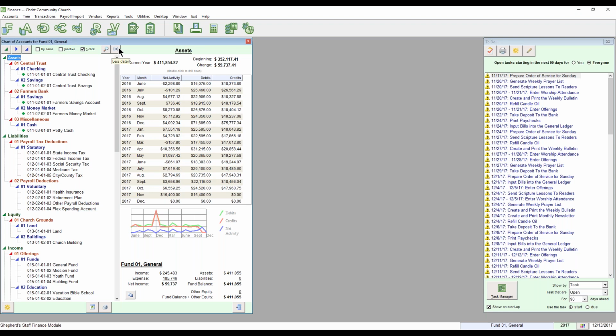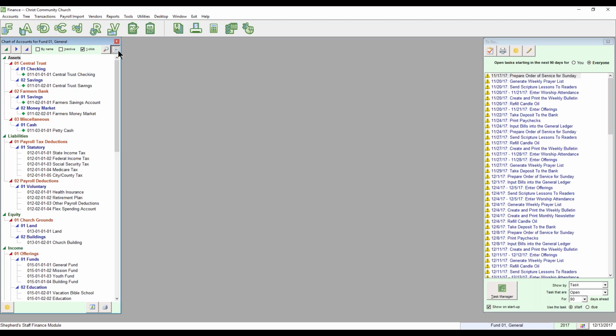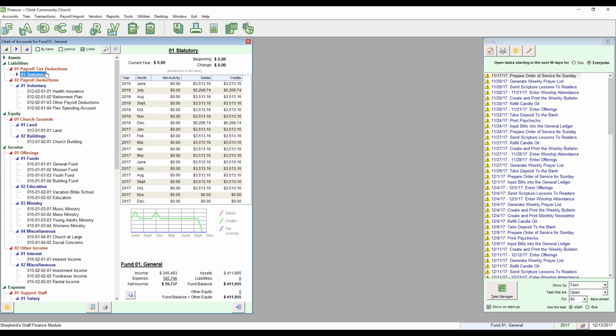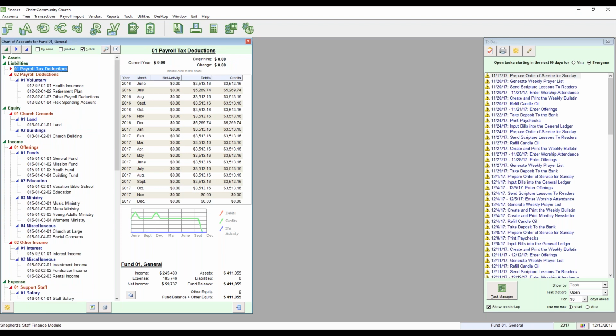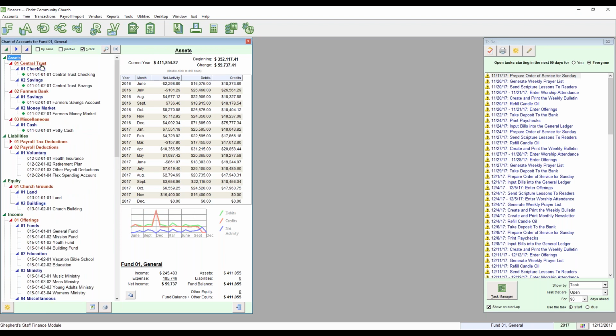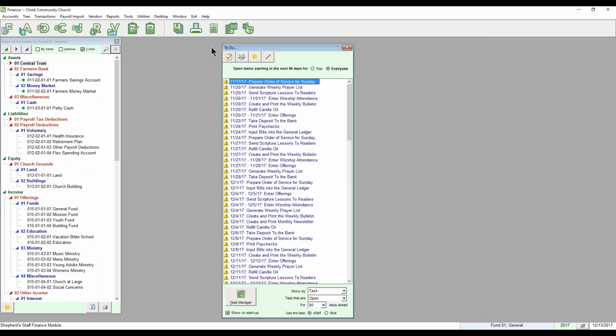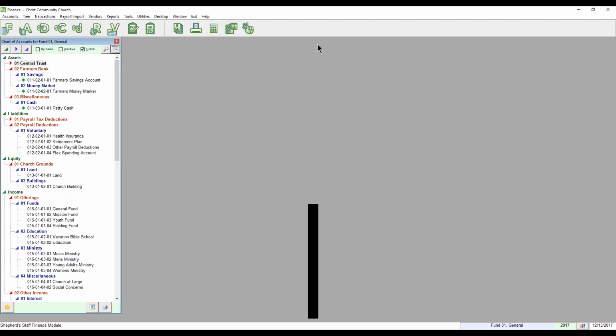The accounts tree basically shows you a tree version of your chart of accounts, and then if you have the panel expanded, it'll show you financial statistics for each one of those accounts, or major groups or minor groups depending on where you're at inside of the software. So I'm going to just collapse the tree, not minimize it, but collapse the tree. Then on the right-hand side, there's the to-do list, and that's a list of church tasks that are set up